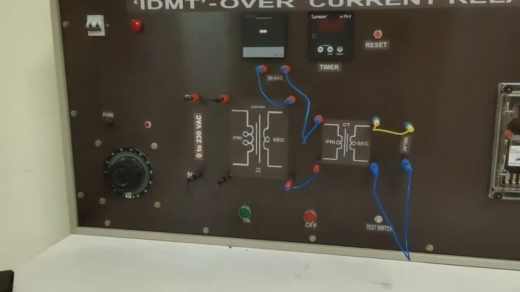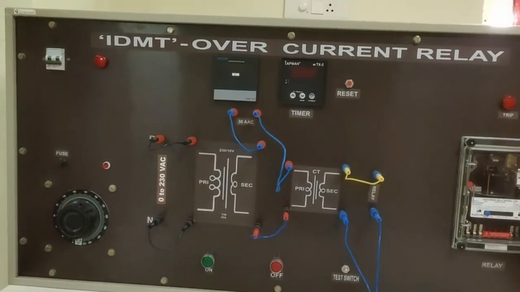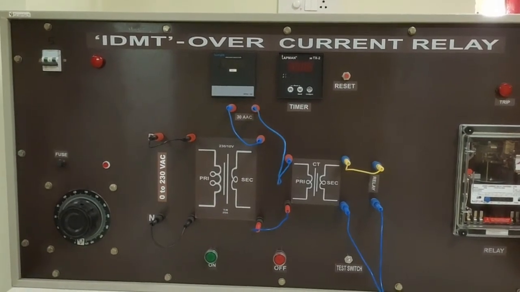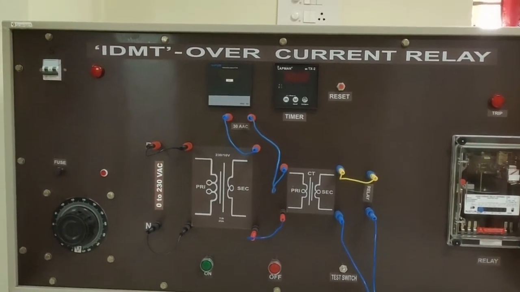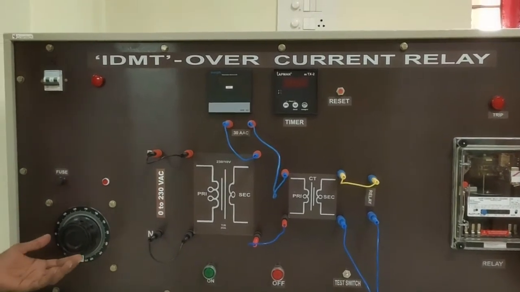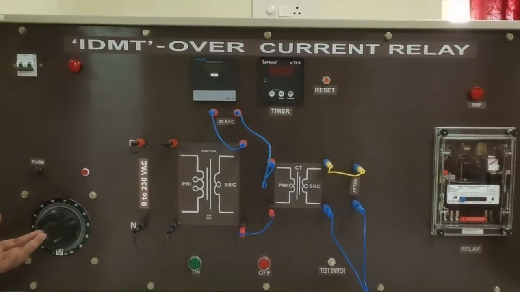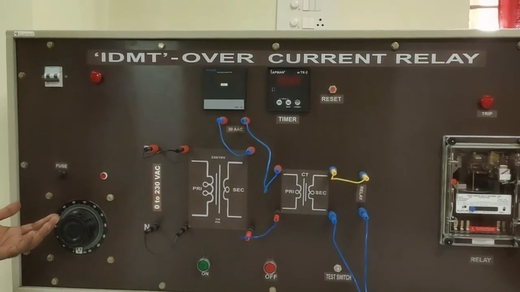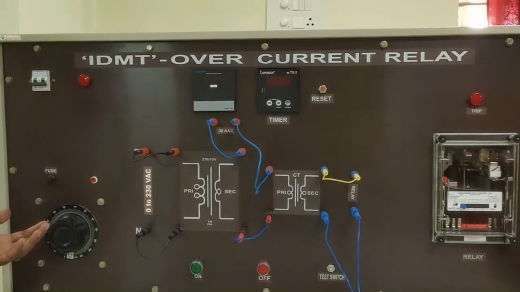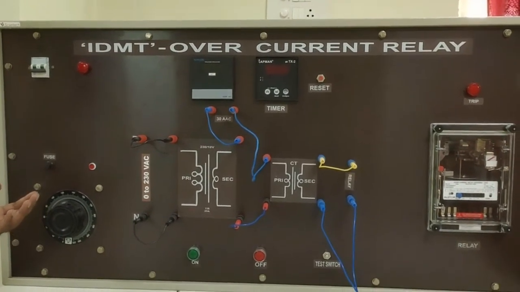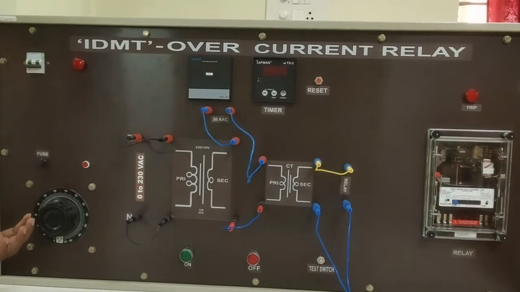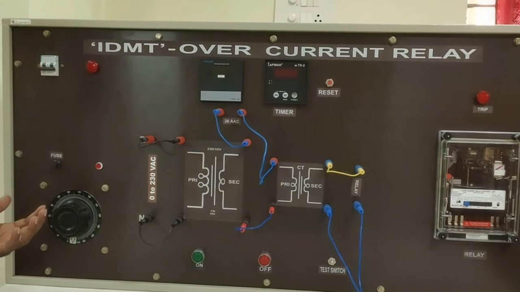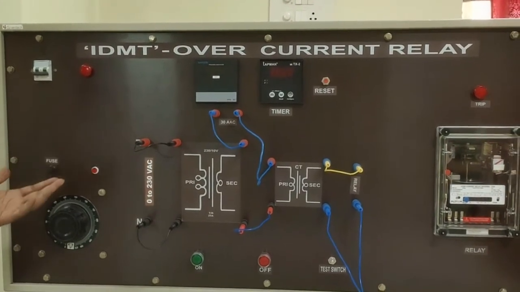Circuit diagram, IDMT overcurrent relay. Here IDMT means inverse definite minimum time relay. Overcurrent relay means the larger the current, the less time it takes to operate. That is very beneficial to protect the whole system, the transformer, alternator or a transmission line. Generally faults will occur, like LG fault, LL fault, triple fault, triple LG fault, right? So the larger the current, the less time the relay takes. That is very good, otherwise there would be damage to the equipment. So that is the advantage of the IDMT overcurrent relay.